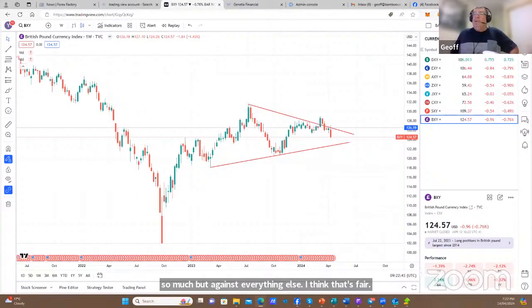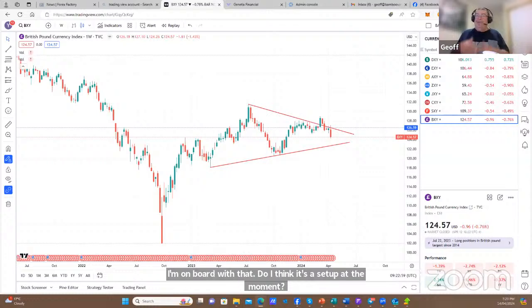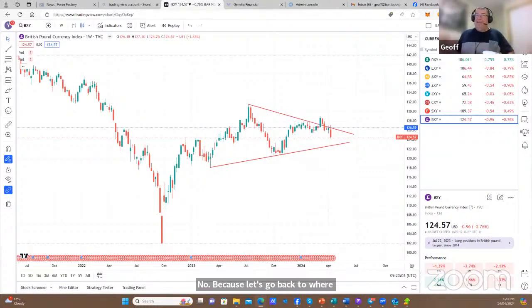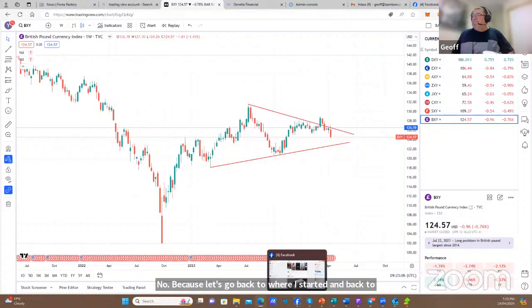Robert, euro yen. I'm thinking you're asking me, is euro yen potentially a sell? If that's the case, then yes, I'm on board with that. Do I think it's a setup at the moment? No, because let's go back to where I started, and back to where I started was looking at things like